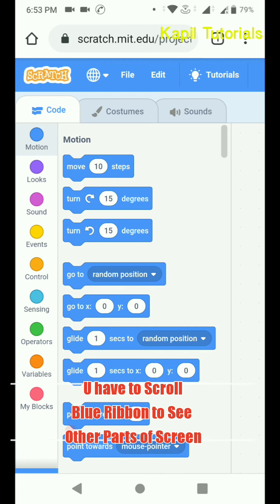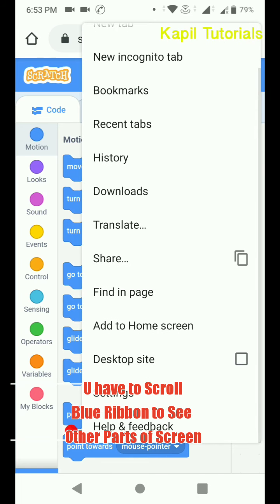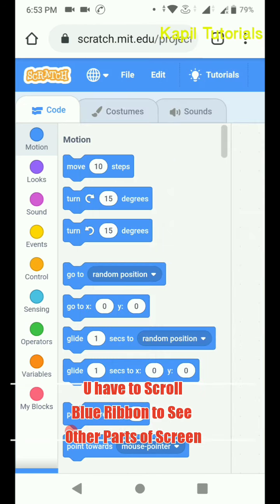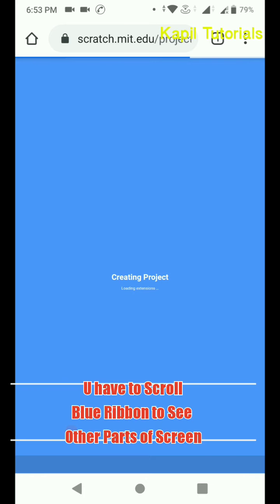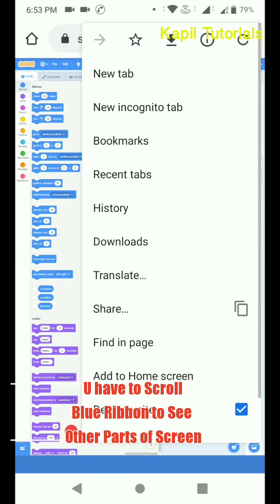Okay. So one thing more I want to tell you. I have made a little bit of changes here. If I click on this, there is one option, desktop site. If in your case it is not working, I'll show you how it works. If I click on desktop site, little bit changes will be there. So it is looking like this now. You can work in this way also. But if the previous screen was okay for you, then you can unclick this.